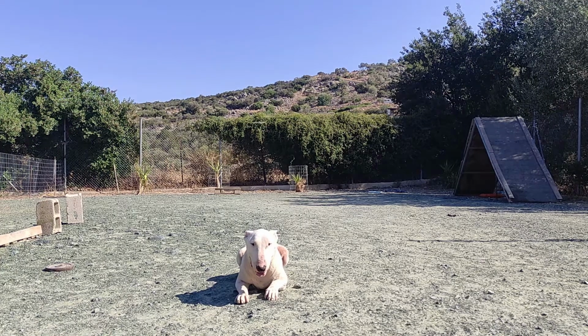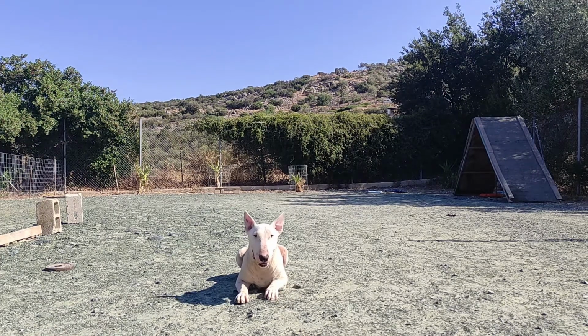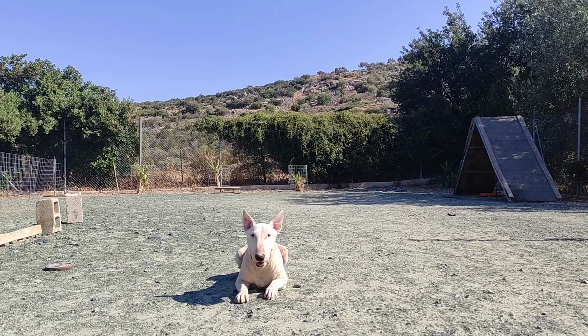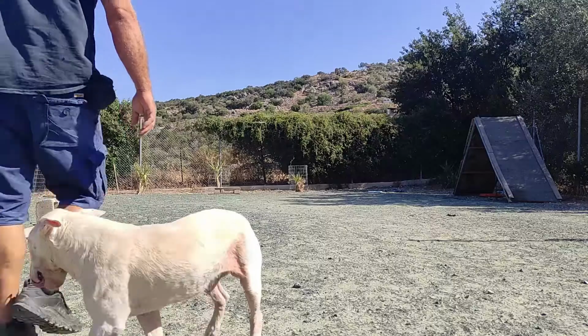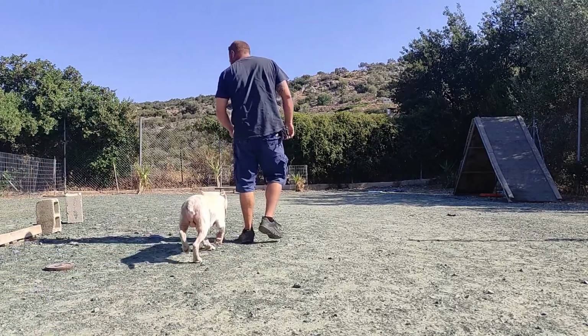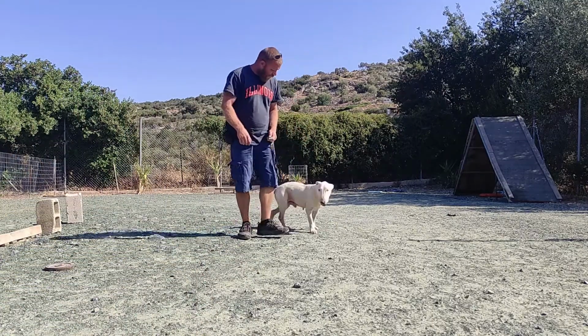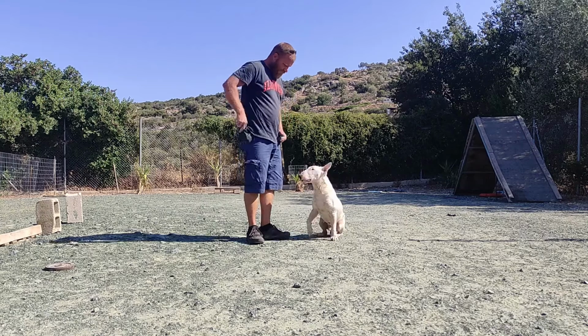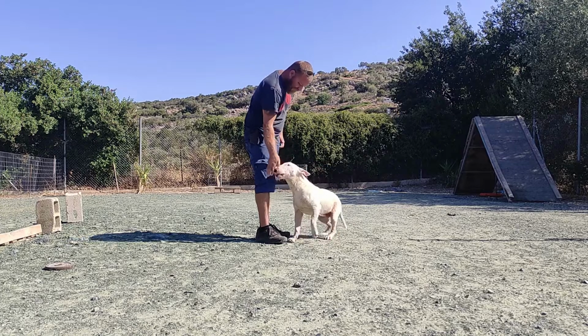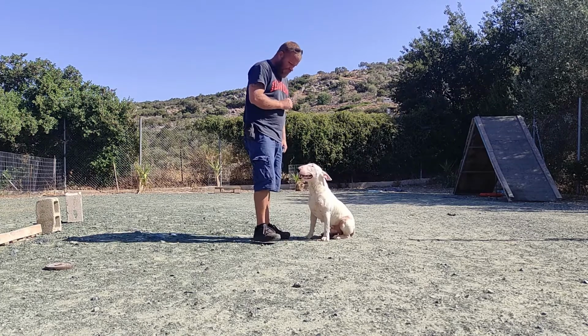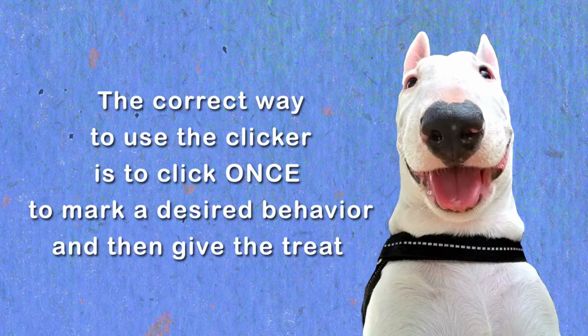Common mistakes in dog training and how to correct them. Number 1. Incorrect use of the clicker, like clicking multiple times and using the clicker to get the dog's attention. When you click to get the dog's attention, what you actually do is mark the wrong behavior, therefore perpetuating it. The correct way to use the clicker is to click once to mark a desired behavior and then give the